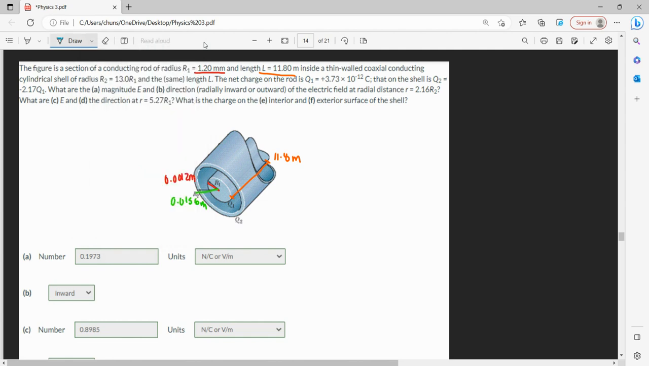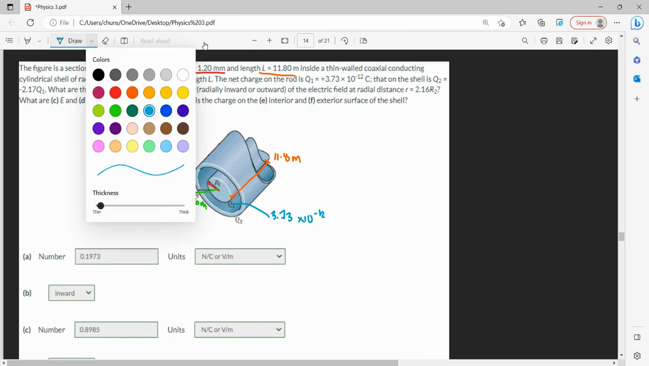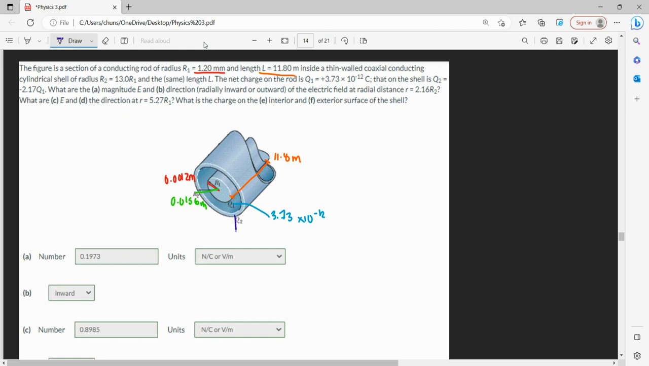We have Q1, that is on the shell. Sorry, net charge of the rod. Sorry, so that's for the inside part. This is equal to 3.73 times 10 to the negative 12. And lastly, we have Q2, on the outside, which is equal